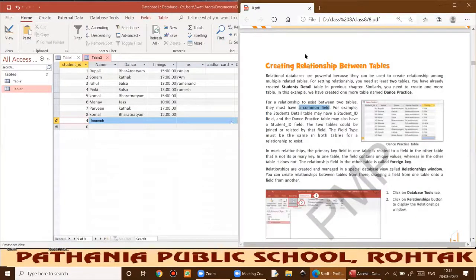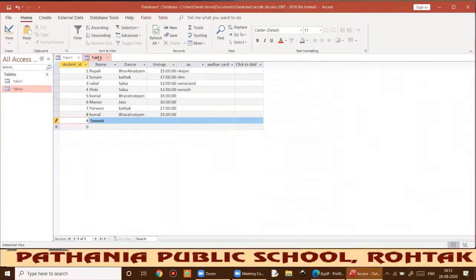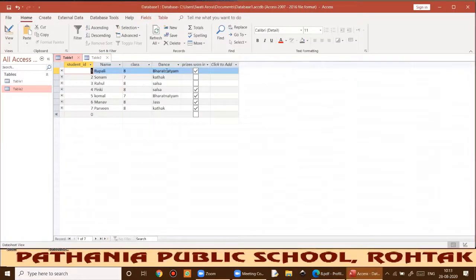अब देखिए हम रिलेशनशिप की बात करते हैं, क्रिएटिंग अ रिलेशनशिप बिटवीन द टेबल्स. सो इफ आई हैव मोर देन वन टेबल, आई वांट टू कनेक्ट दोस 2 टेबल्स टुगेदर, बिकॉज लाइक आप ही के लिए मैंने 2 टेबल्स बना रखी हैं. जैसे कि ये वो बच्चे हैं जो डांस सीखते हैं, इस टेबल में आई हैव कि एट व्हाट टाइम दे आर कमिंग टू द डांस प्रैक्टिस. एंड दिस टेबल इज अबाउट which dance style they are using and whether they have won prizes or not. So these 2 tables are connected to each other.